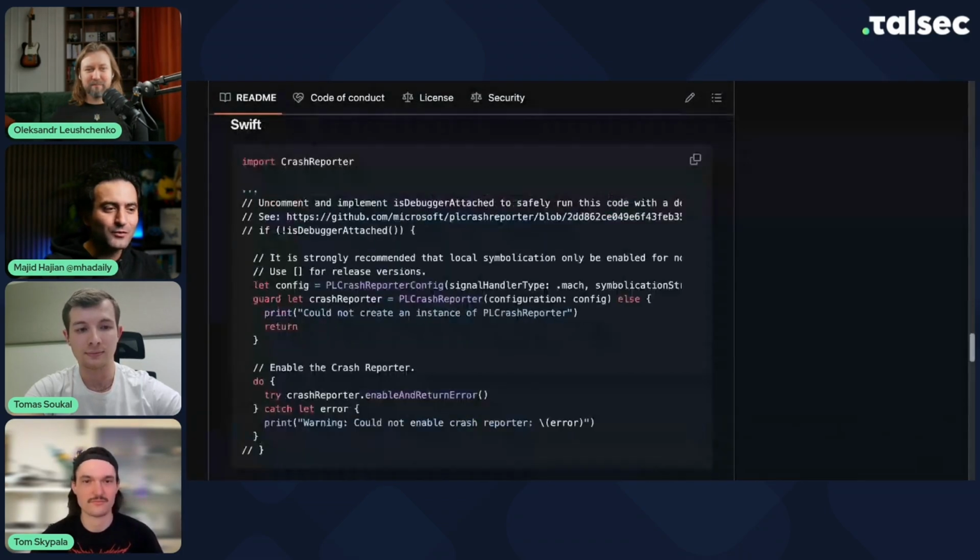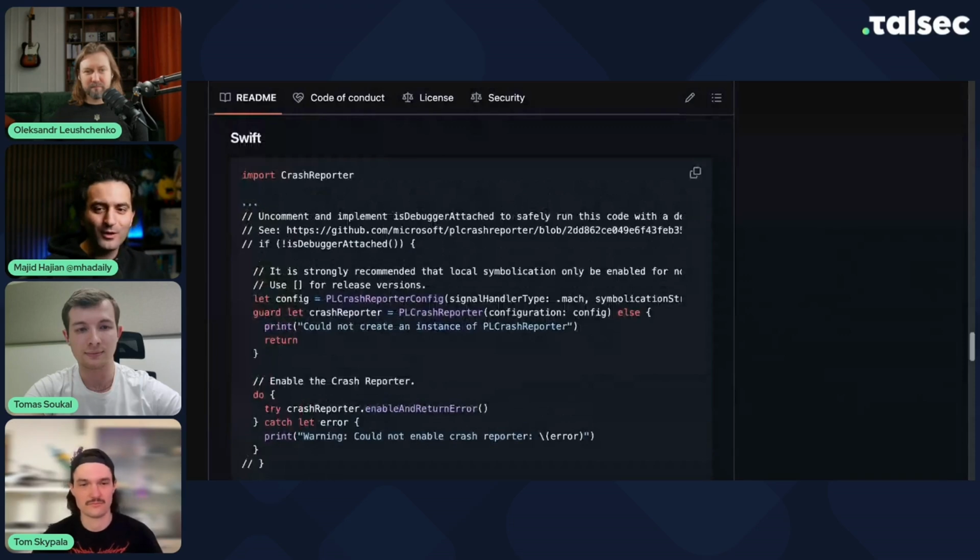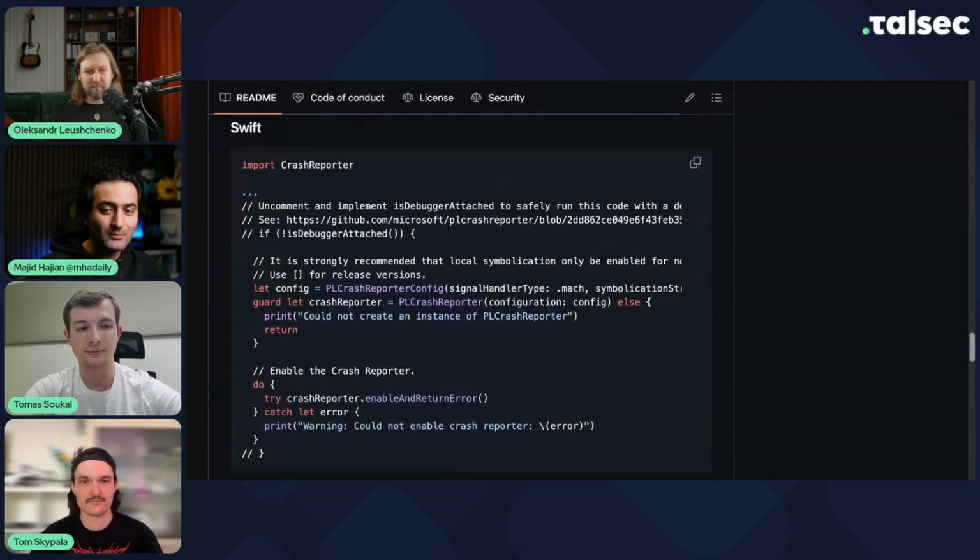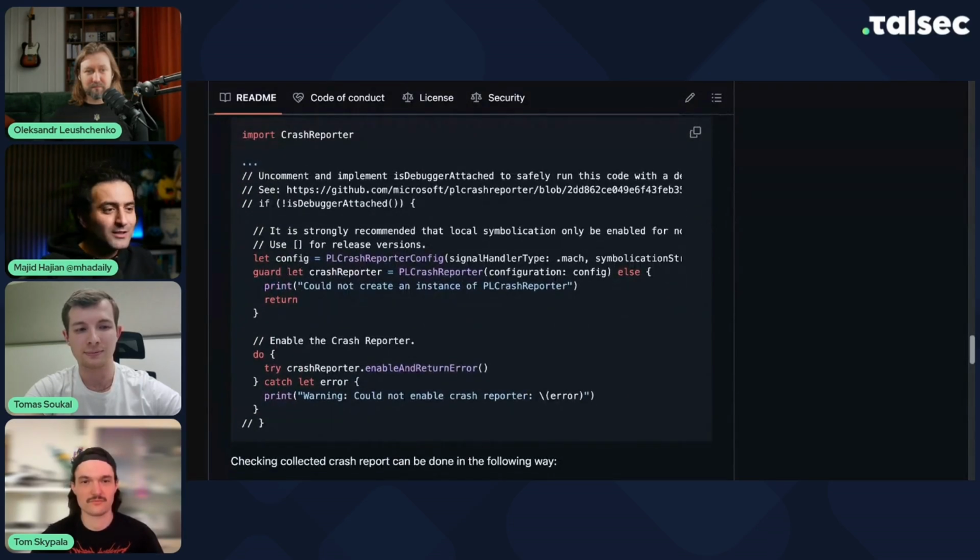Here, if you're doing iOS, you implement this crash reporter. Okay, very nice. But where does the data go? This is supposed to be a framework only on iOS, right? But the crash report needs to be stored somewhere. How does that work? Can you explain for those who are not really familiar with that, especially for a particular custom